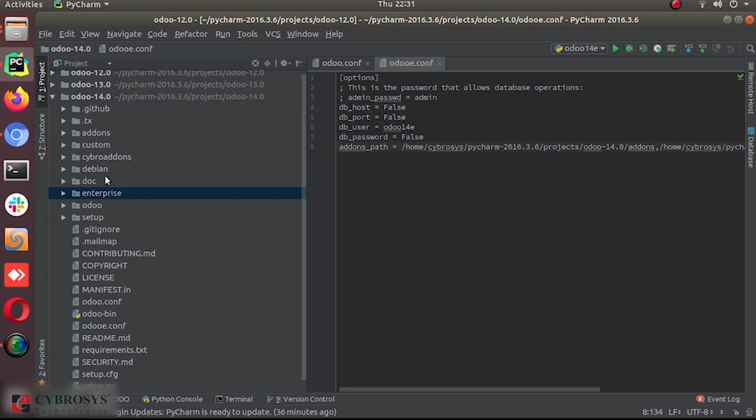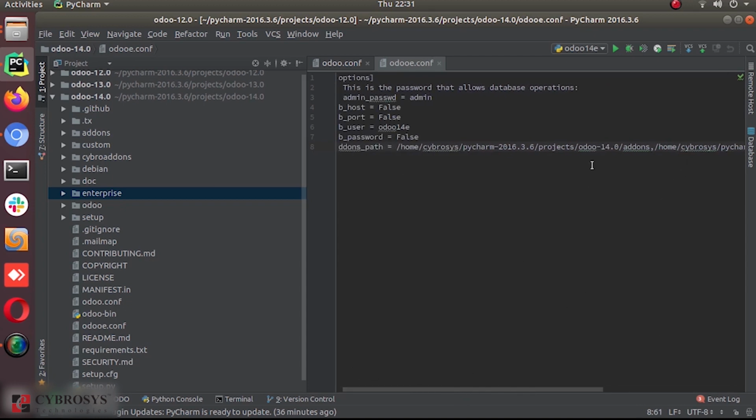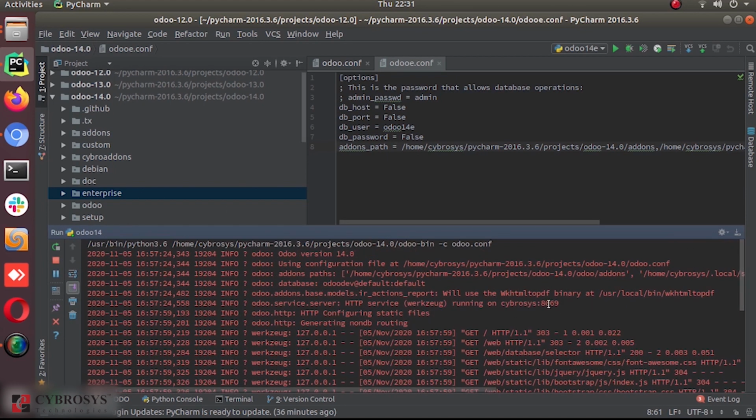If you want to add the Cybrosys add-ons into your add-ons directory, we can put a comma and add that path also. Then now we are ready to go, but we are already running our community version on 8069,